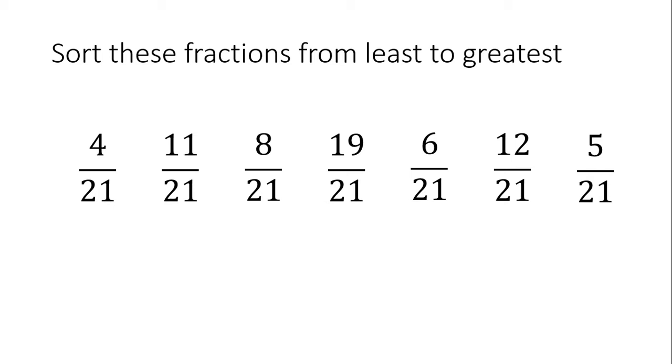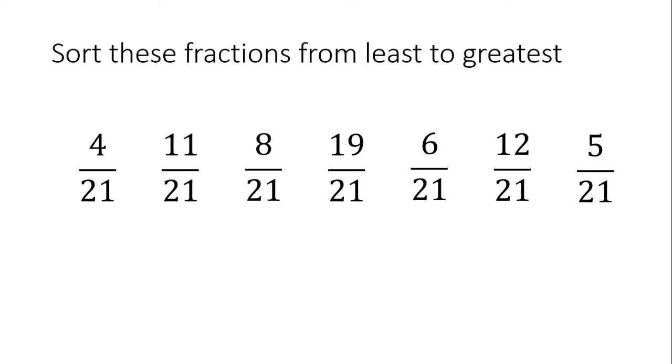Okay, welcome back. Because there are so many of these, I find it's going to be easier if I look at the one-digit fractions first and then the two-digit fractions. Well, they all have 21 as the denominator, but there are some numerators that have one digit. So let's work on those. That's 4, 8, 6, 5. And the lowest numerator is